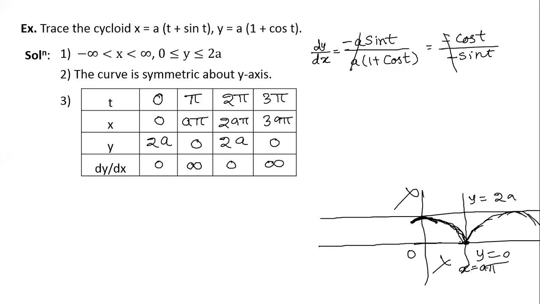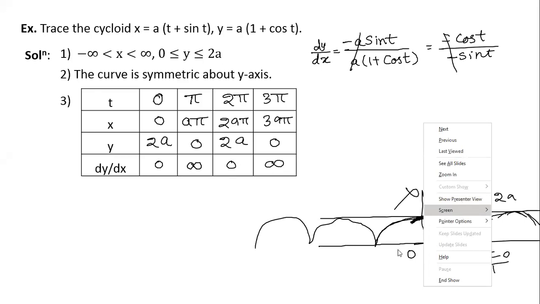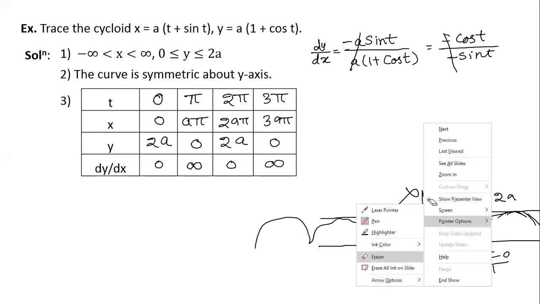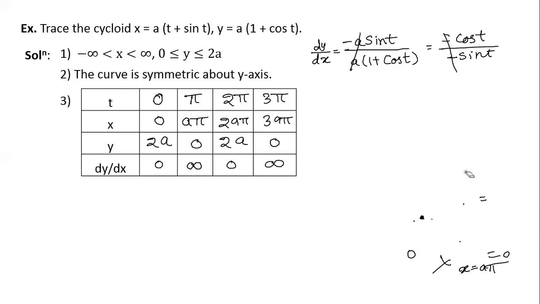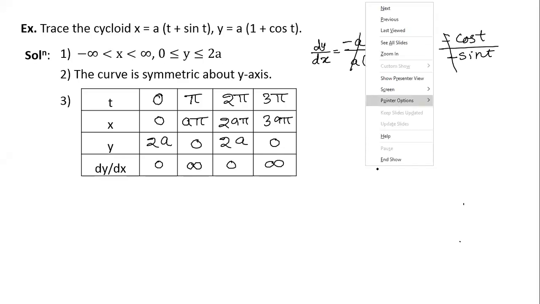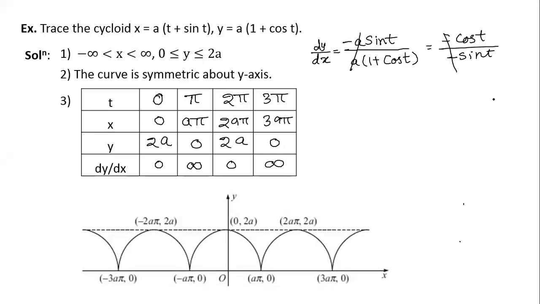Again, 0 and infinity. This is going to continue indefinitely, and we have said that the curve is symmetric about the y-axis, so we can use the property of symmetry and conclude directly like this. You can go like this, and as such we'll be getting the curve which is going to look like something here. It will be like this.